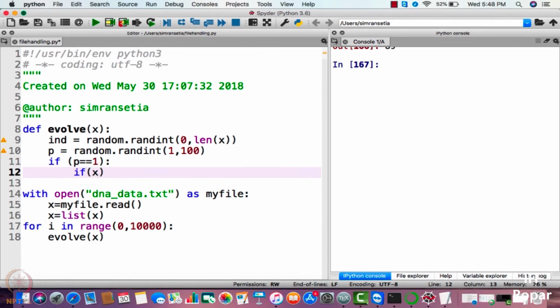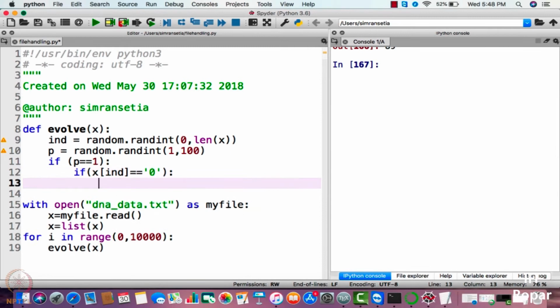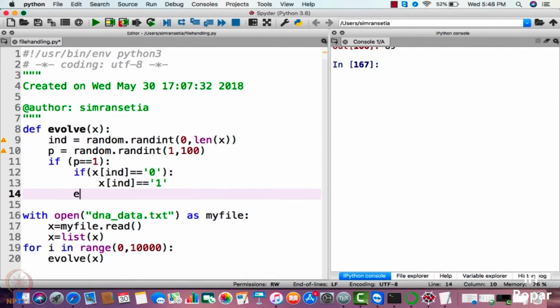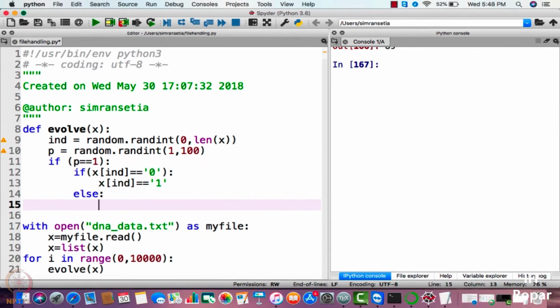If the bit at index position idx is equal to 0, then it will be changed to 1. Else it will be changed to 0, obviously.